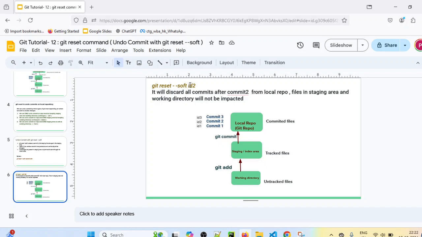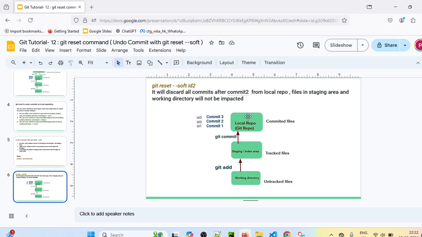So whatever commit you want to revoke, in the git reset --soft command you should provide the one commit which happened before it. So if you provide the ID of commit 2 here, then all the commits which happened after commit 2, for example commit 3, commit 4 and commit 5, will be revoked from the local repository.